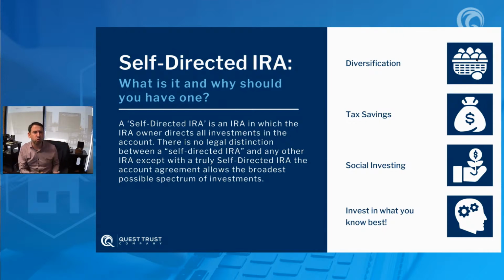Now, we talk a little bit about social investing and investing in what you know best, and I kind of like to put both of these together, even though I do have them separated out. Social investing means that when I use my IRA, I get to actually see what I'm investing in. When I'm doing that fix and flip, when I'm buying that rental, when I'm lending money to someone, when I'm investing into that syndication that's building that apartment complex, I actually get to see the impact it has on my community. I get to move in that family, right, to get that house. I get to fix up that house so that a new family can buy it. I get to invest in that apartment complex where it's being built so other people can live in it.